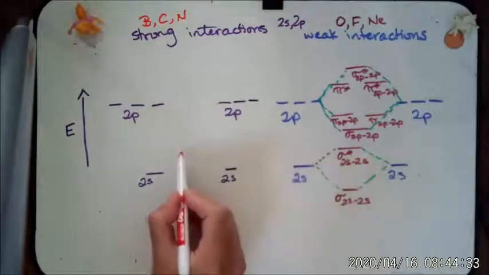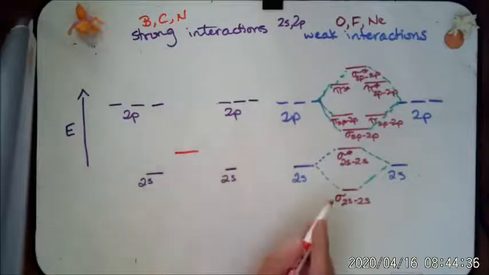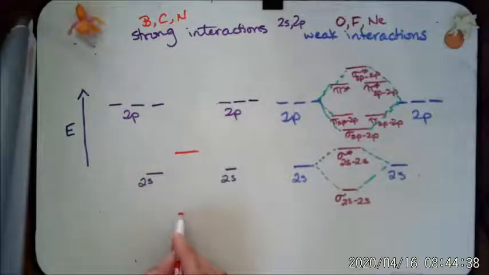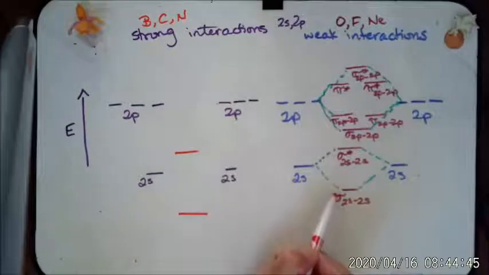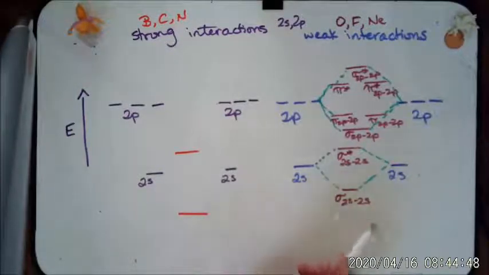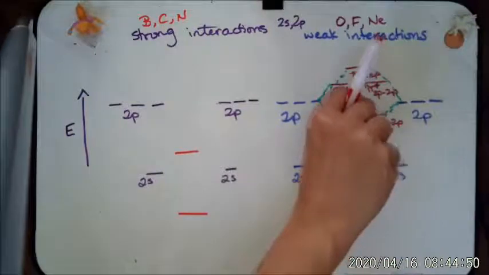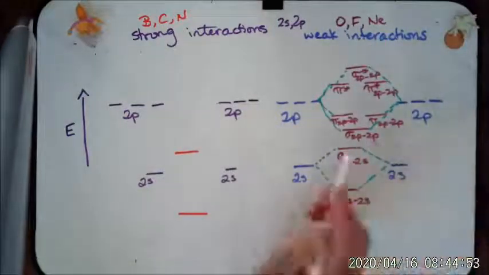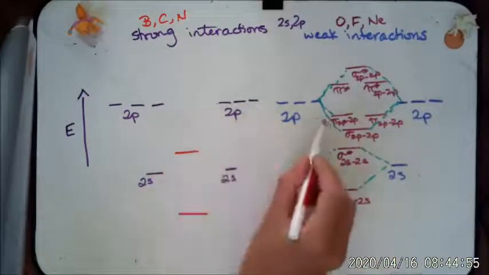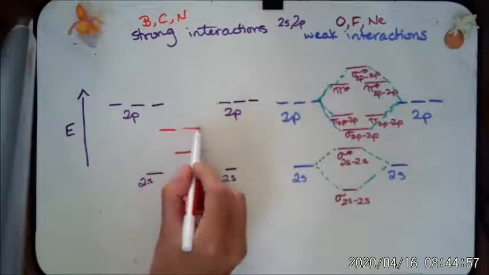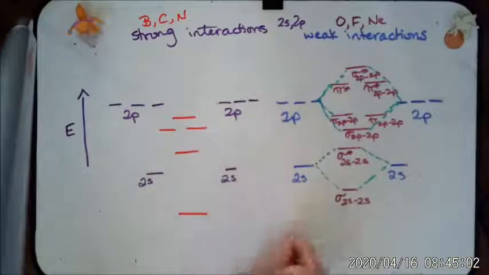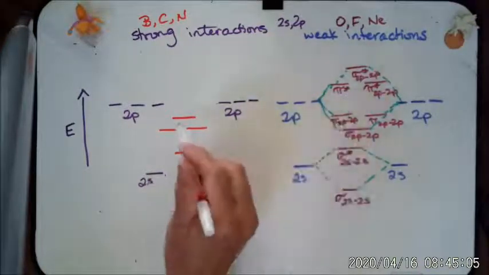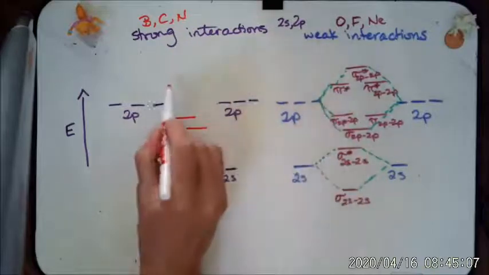So if I draw this and try to make it as uniform as possible, you can see that I've dropped this stability by about that much. What happens is that energy is compensated, because remember we have to conserve everything, by an increase of my sigma 2p 2p. So if I take my pi's here, what I've done is I've had to increase my sigma. Okay, so if it drops that much, then my sigma increases that much. Everything else stays exactly